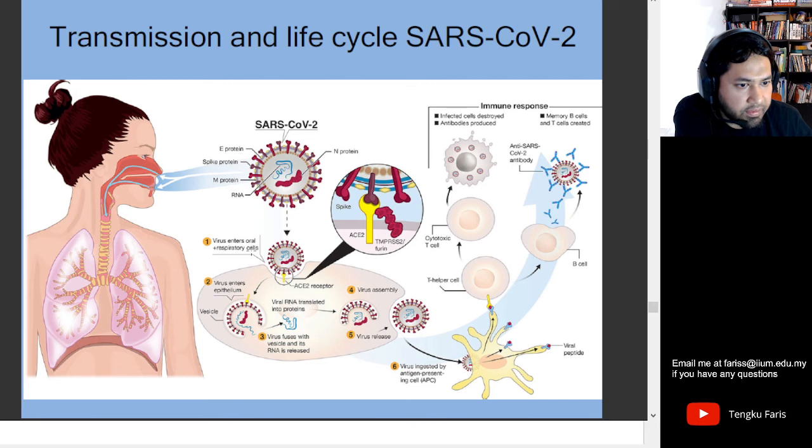Once the virus enters through the oral route, once you inhale some of these respiratory droplets, they can bind to the ACE2 receptors, and after that they will release all these viral particles, in the form of RNA, and they will start to produce new viral particles and encapsulate themselves before being released from the host cells. After that, these viruses are ingested by our immune system, called the antigen presenting cell,